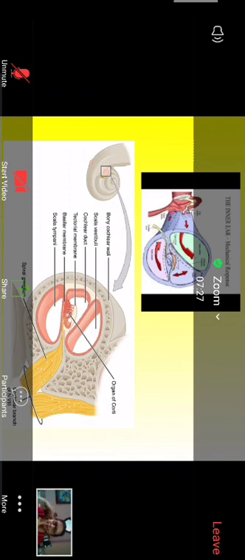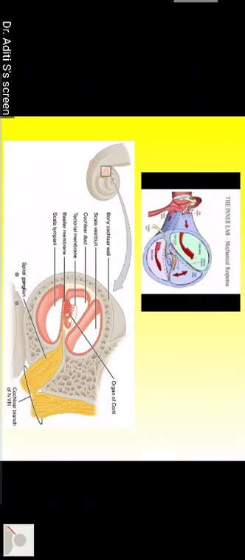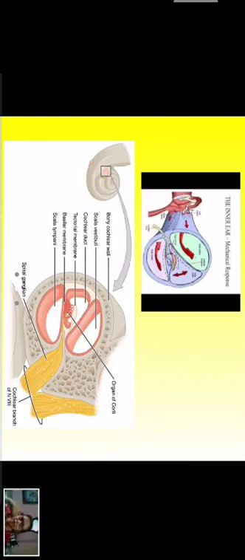Over the modiolus, a bony thread-like structure winds round like the thread of a screw. That is called the spiral lamina. From the spiral lamina, like the thread of a screw, one side of the thread is attached to the pillar and the other side is free. From that free side, two membranes